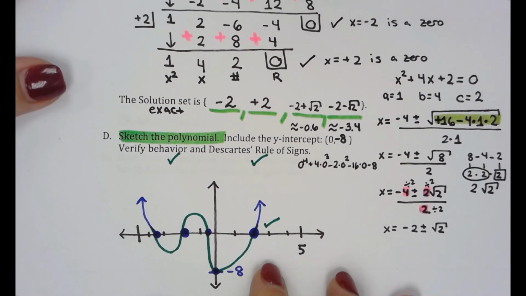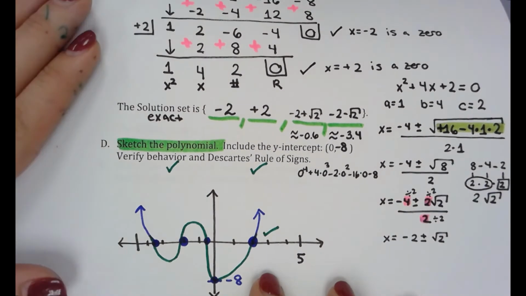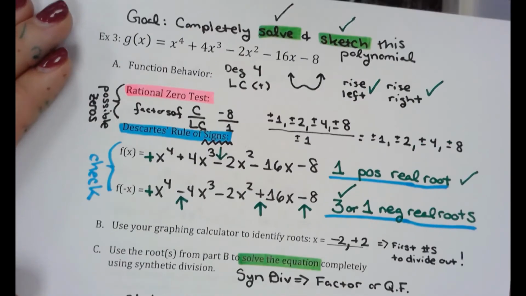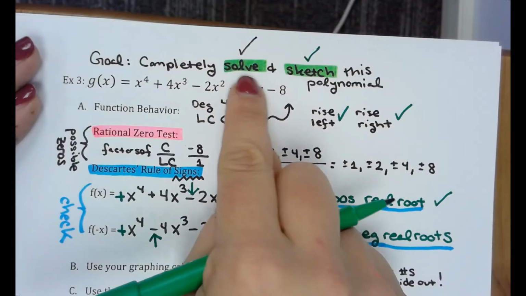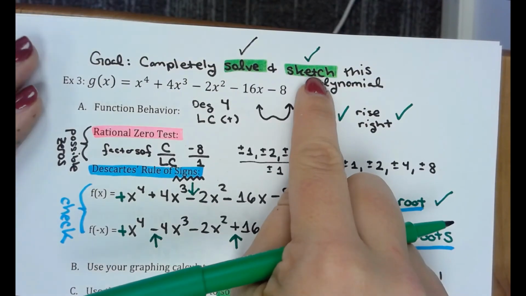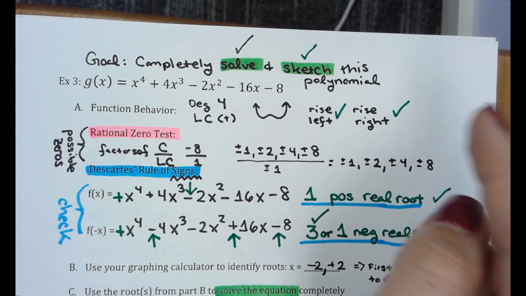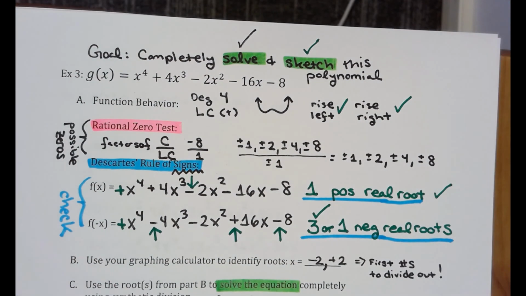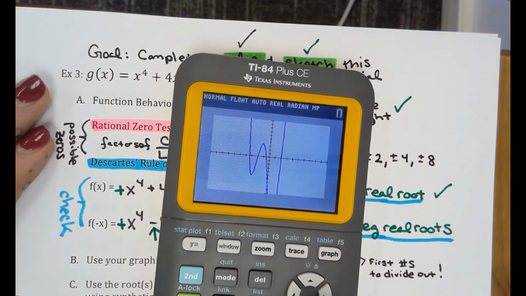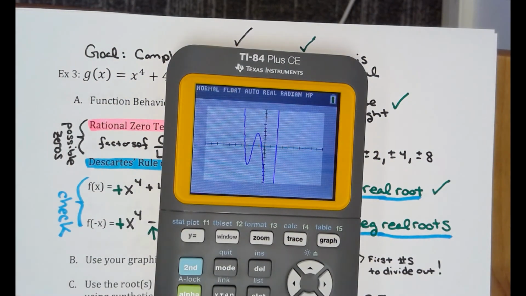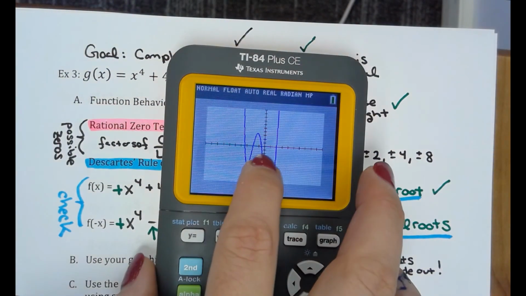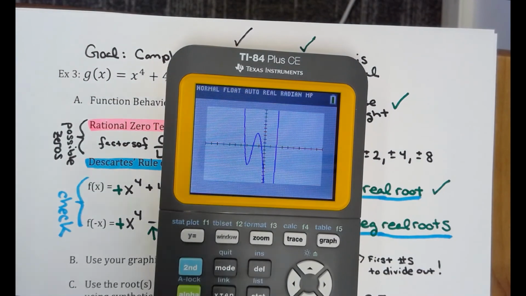Alright, so we have finished our goal of completely solving this and sketching this and checking if we feel good about it. When this would be really good to use is when eventually our graph will not show us all of the zeros, and some of these will be missing. So when we do the quadratic formula, we're going to have negative roots, which means we're going to have imaginary answers. So we are stepping towards this and finding